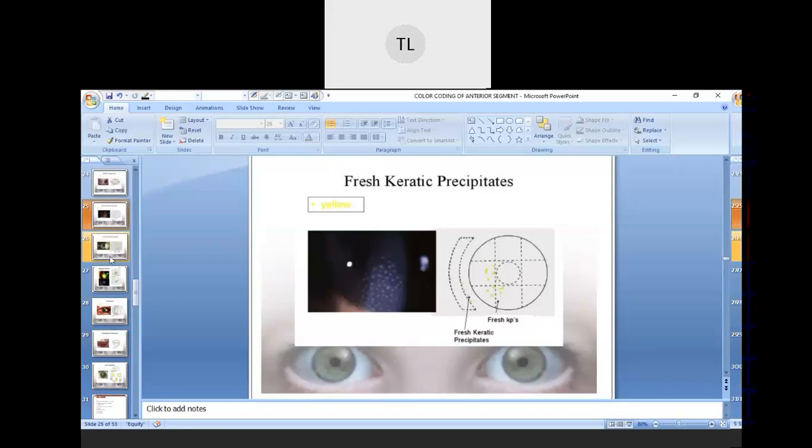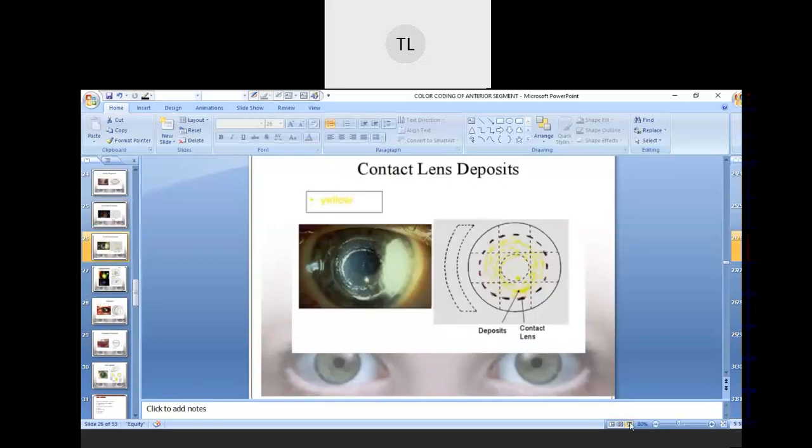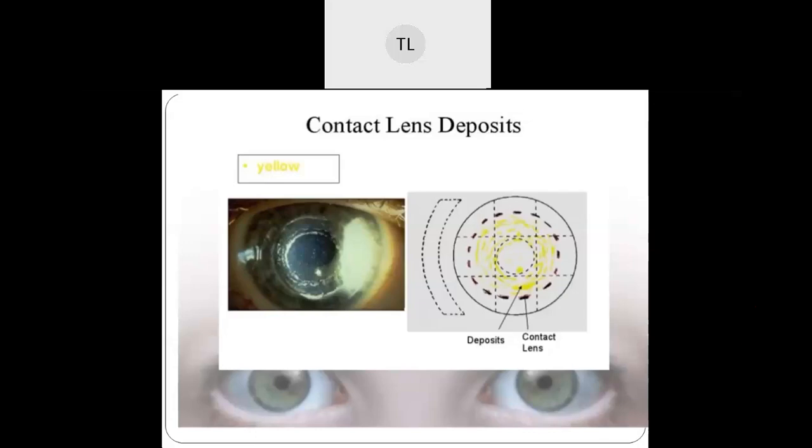Next we have the contact lens deposit. If you see any kind of deposit over the contact lens, can anyone tell me what is the reason for it? Yes, any one of you? Displacement of the contact lens. Displacement, okay, that could cause it, in the sense of ill fitting, right? Poor fitting of the contact lens. Any other reason? That is the most important reason for contact lens deposit.